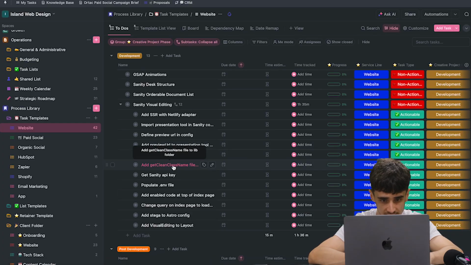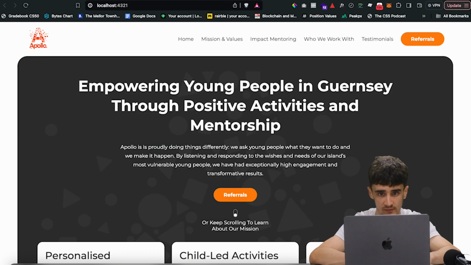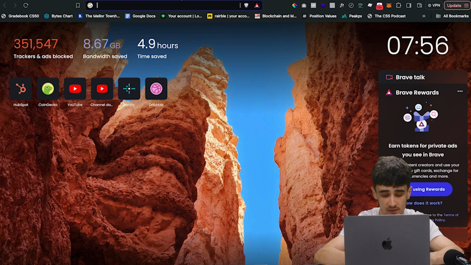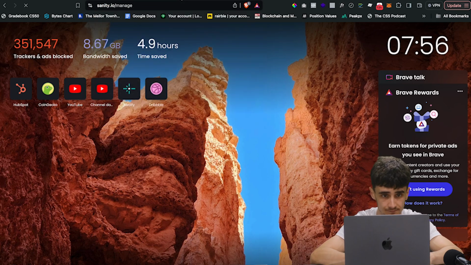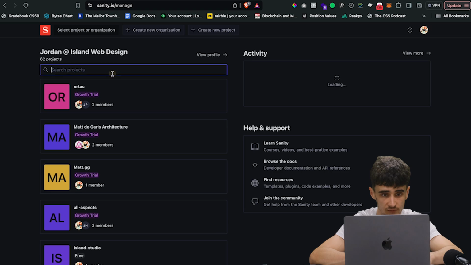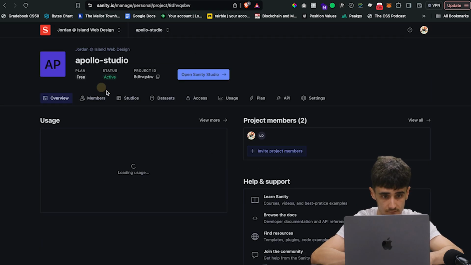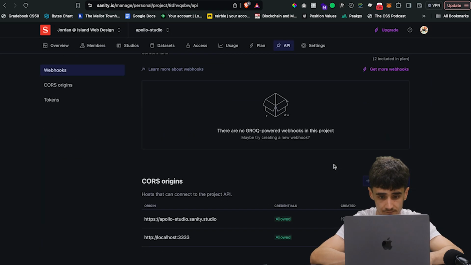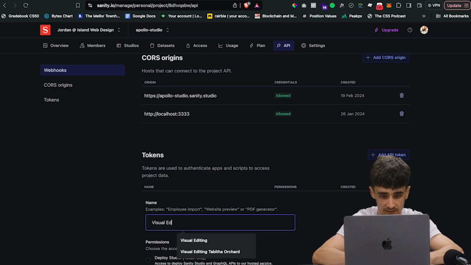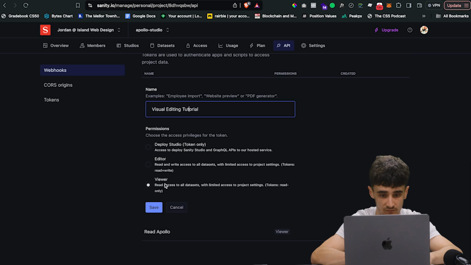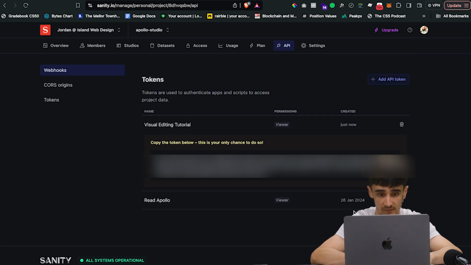And the next step after that is to get your Sanity API key. So I'll show you how to do this. I'm not going to show you guys my actual API key, obviously, and I'll get Max to blur that out. But go to Sanity here, search for your project, go to API, add API token, call this visual editing tutorial. Make sure it's a viewer and save it,